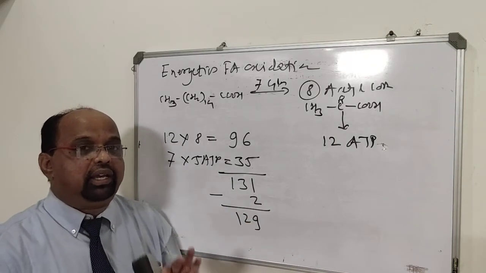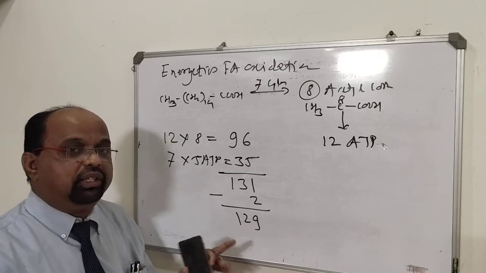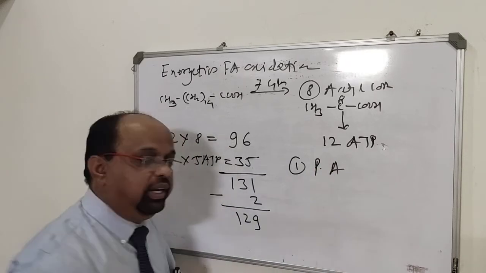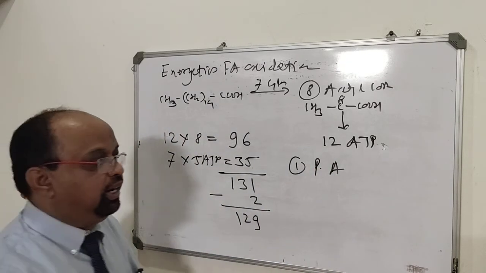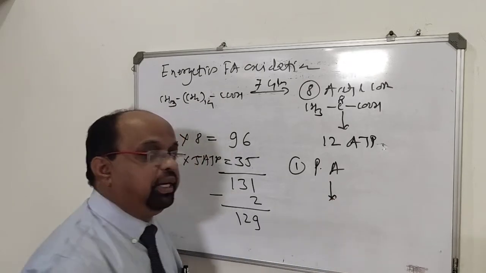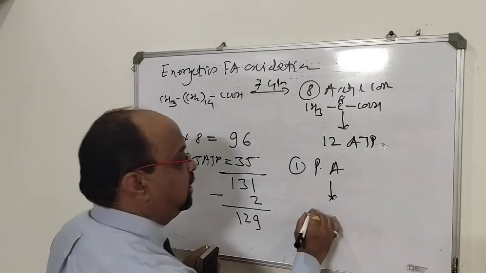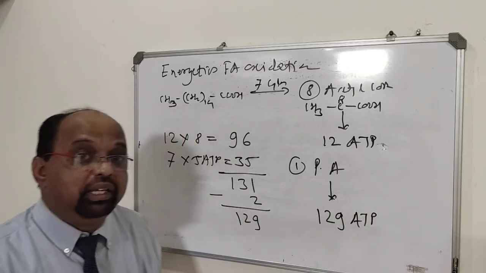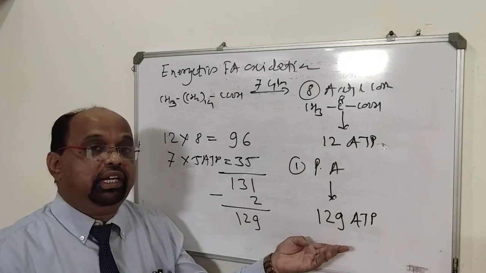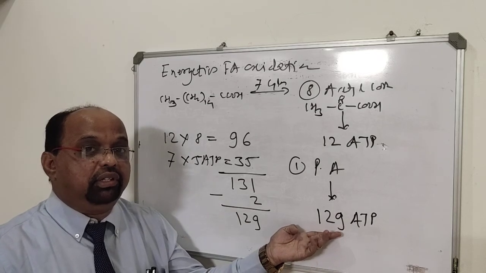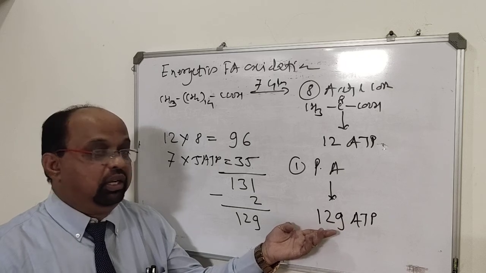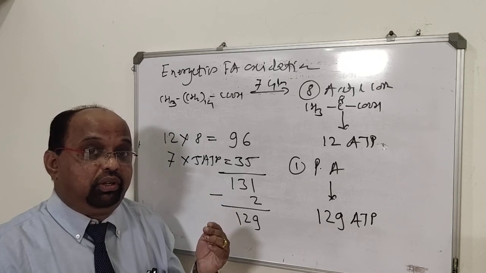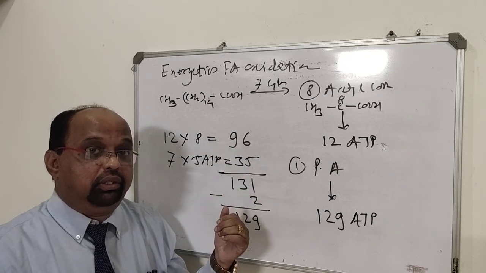So simply I can conclude that when one palmitic acid fatty acid chain is catabolized through the beta oxidation process, it generates 129 ATPs. You can simply imagine how many ATPs are generated after the beta oxidation process. I hope you have understood what is meant by beta oxidation, how these steps are carried out, where